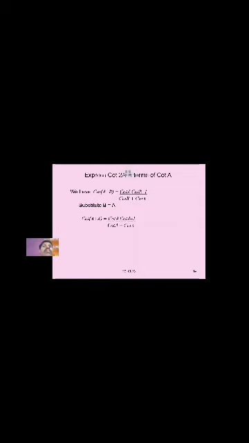So cot of (A plus A) equals cot A into cot A minus 1 by cot A plus cot A. That is cot square A minus 1 by 2 cot A. If you observe the formulas learnt so far,